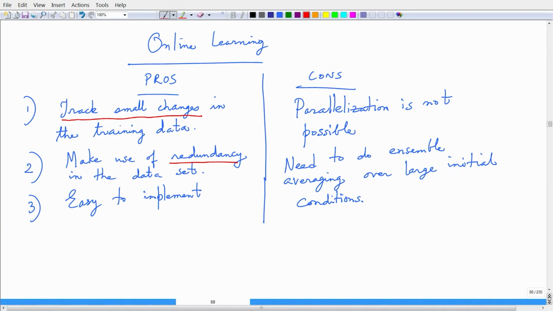It is easy to implement. I think possibly this is the single most good reason to adopt online learning, because it is easy to implement. So, these days neural network applications are being explored towards hardware,